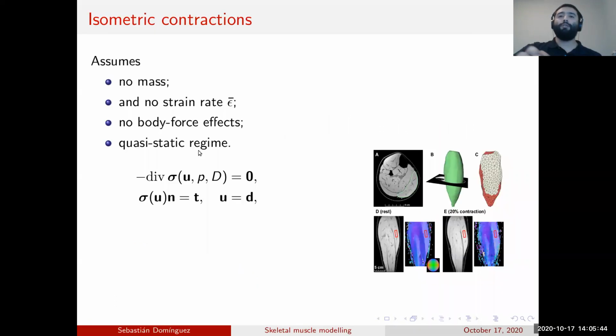Okay, there. Right, so quasi-static lets us compute something based on the previous time step, and then we can continue computing things so that in one shot we can have many frames, right?